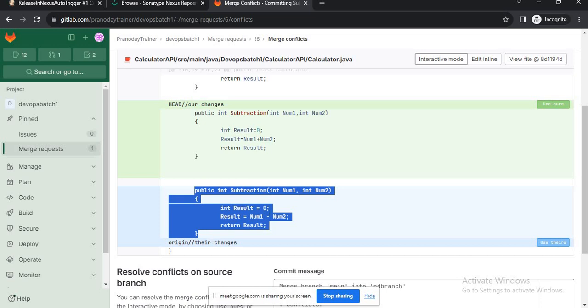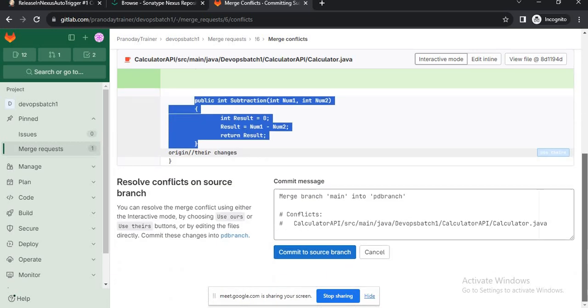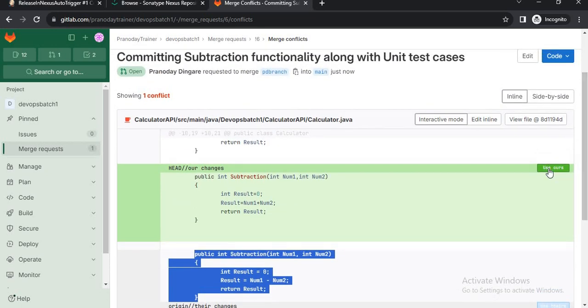Okay, so I'll say both of them are the same, so as of now we can say use ours, okay, and I will say see here, and let's use ours, and let's scroll down.